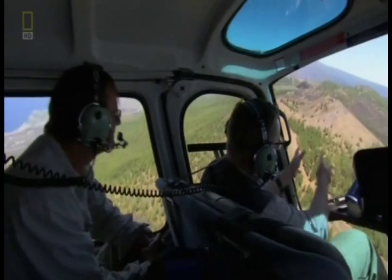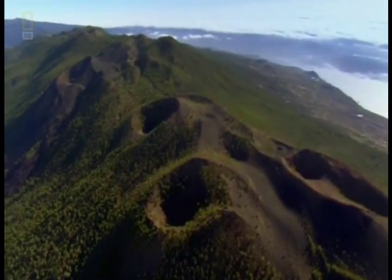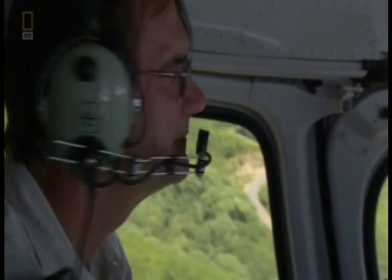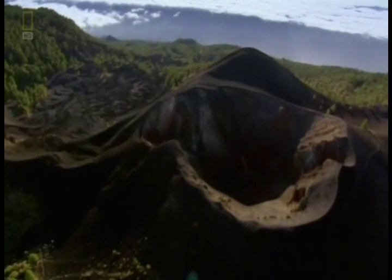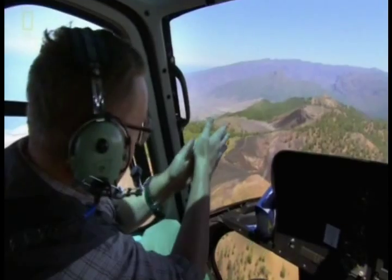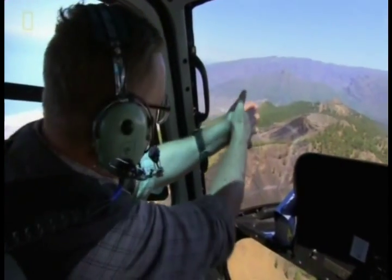Right, so Steve, what we're doing now is we're flying up the north-south rift zone, and this is the one that's active now. So what we can see here is Crater Alfraili, Hoyo Negro, Nambroke, all defining this north-south line of volcanic vents that's cut north through the volcano over the last few thousand years, and that's all part of